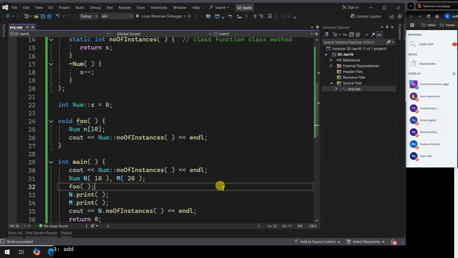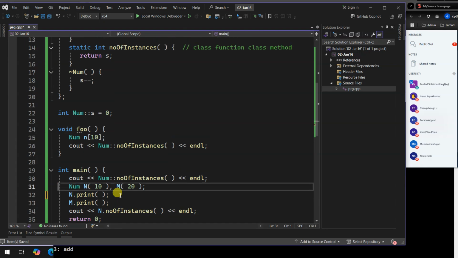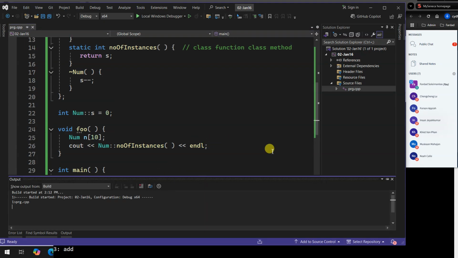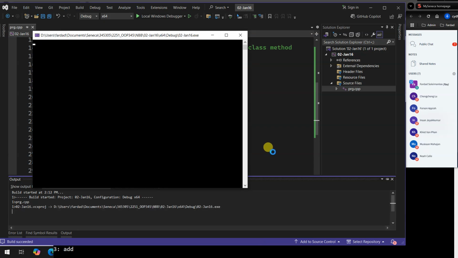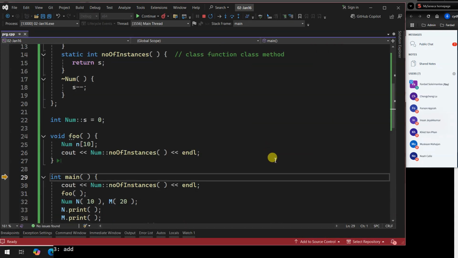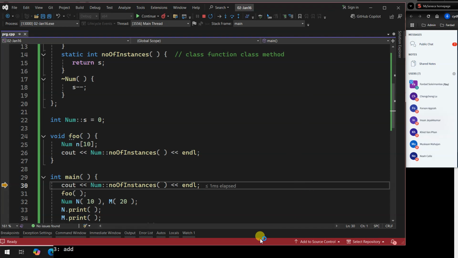So just go through this one more time. I'm going to bring the foo at the top before these things are created. So I'm going to come over here. First, I'm going to print the number of instances.